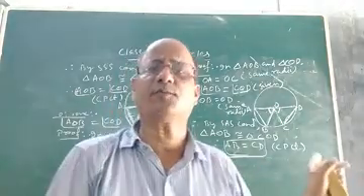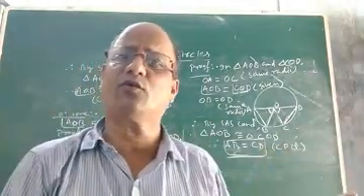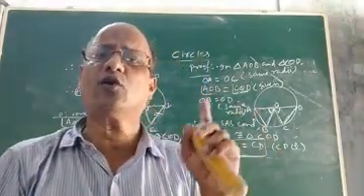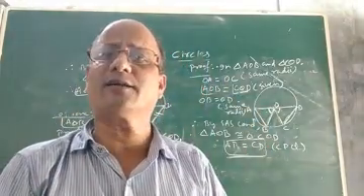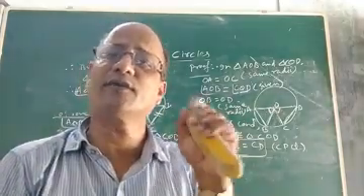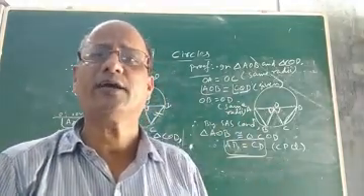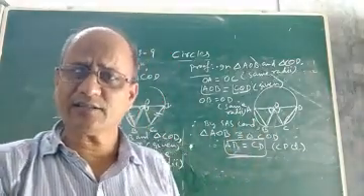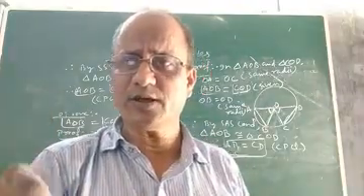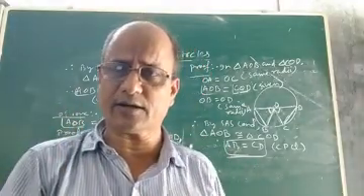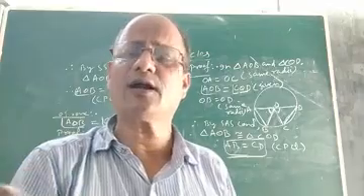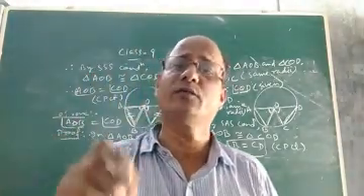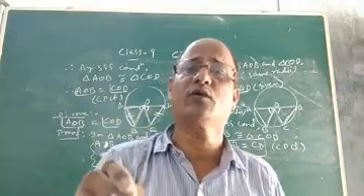So what did we come to know from this discussion? We came to know that if any two chords of a circle subtend equal angles at the center, then the two chords will also be of equal length. So this is what theorem 10.2 is. Children, in this class we discussed two theorems. One is that equal chords of a circle subtend equal angles at the center, and the other is that if two chords of a circle subtend equal angles at the center, then the two chords will be of equal length.